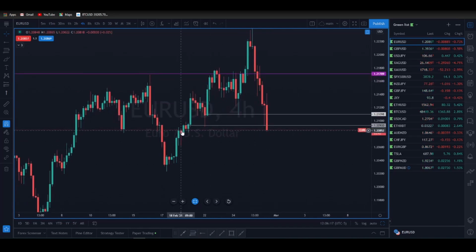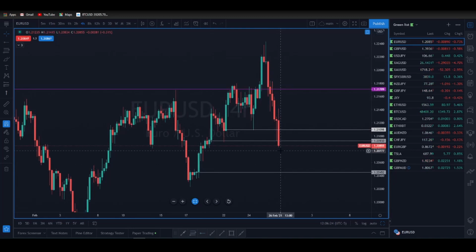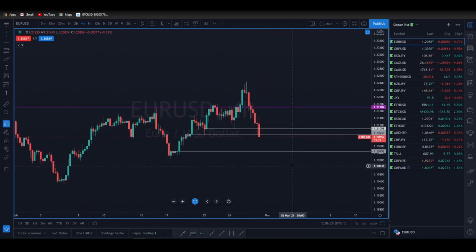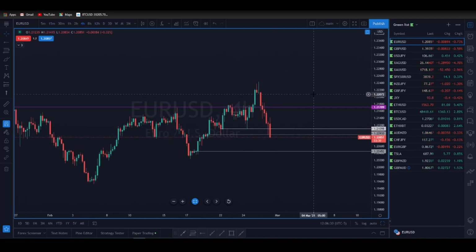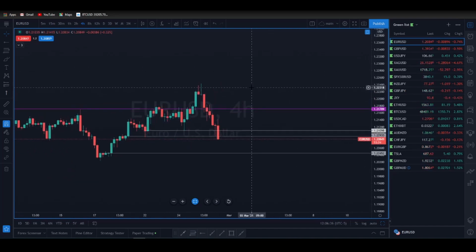You're testing the next one currently. I wouldn't use that one. I would use this level down here at 1.20452. One of these two areas will possibly find support on Euro USD moving forward. All the yen trades have worked out flawlessly for the last couple of weeks. So that's pretty much all I got to say, guys.